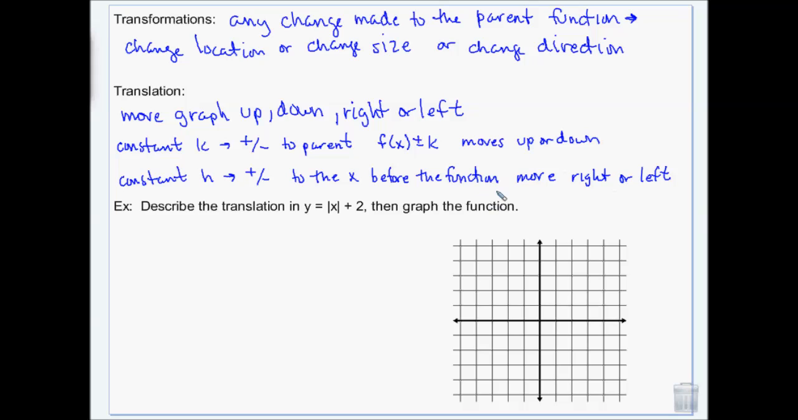Okay, and that is f of x plus or minus h. So just to give you a solid example about that,